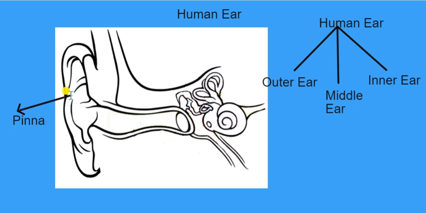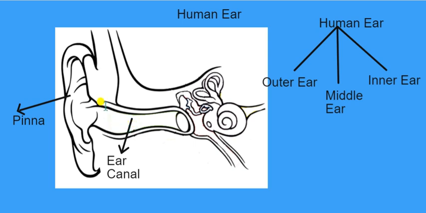As the sound waves enter through the pinna, they go through the ear canal, which is the second part of the outer ear. Ear canal is a passage, a narrow tube, or a channel which allows the sound waves to enter into the middle ear. Ear canal not only allows the sound to pass through it, but it is also filled with wax. Yes, we think that wax is something dirty, but it's really important for our ears. It helps to protect our ear against germs and dirt. It traps all the germs and dirt coming from outside, so it prevents our ear from getting infections.